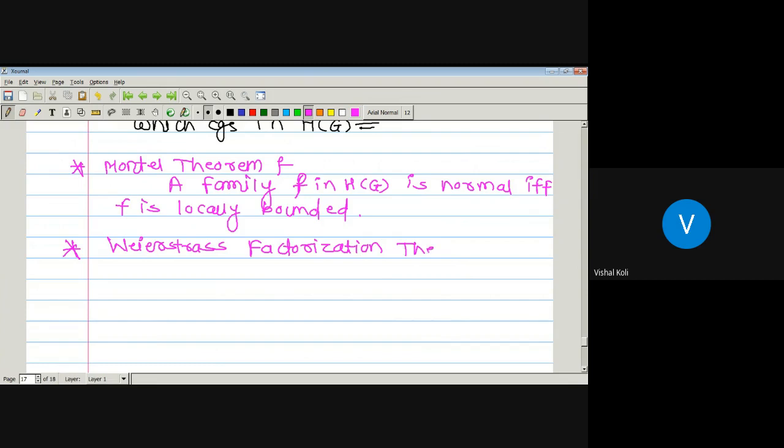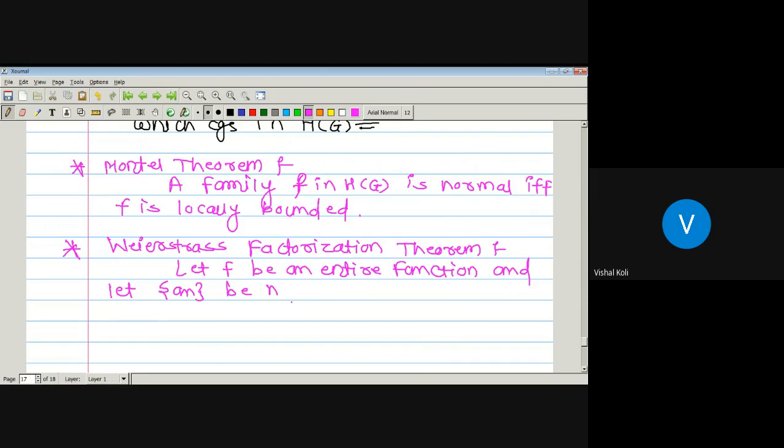Let small f be an entire function, and let a and b